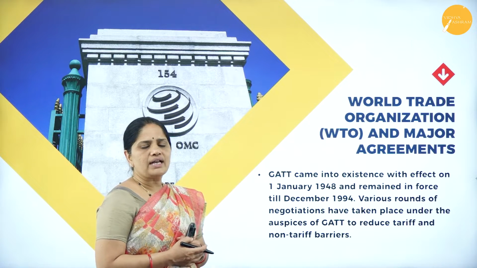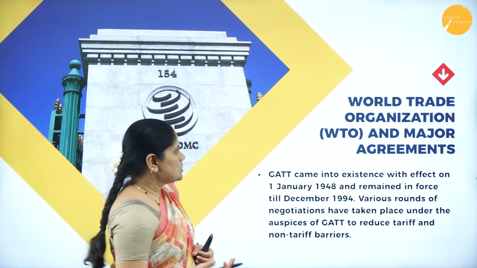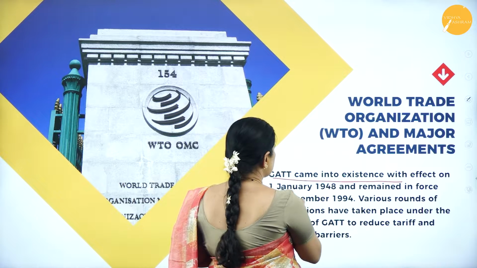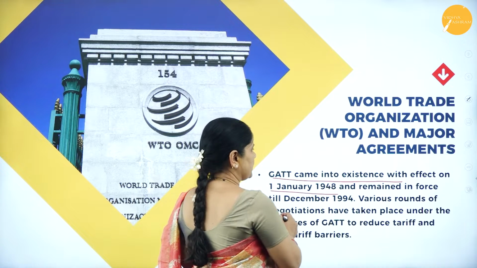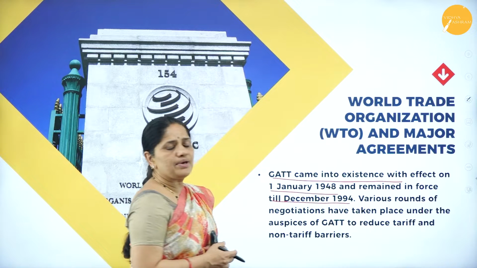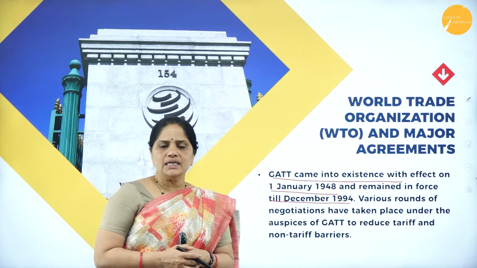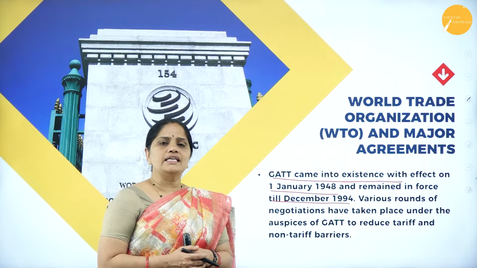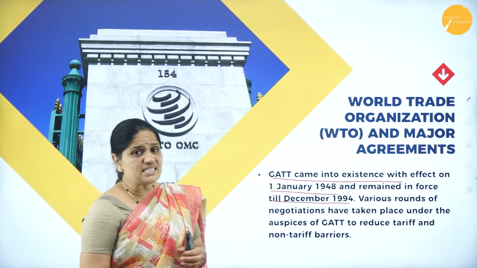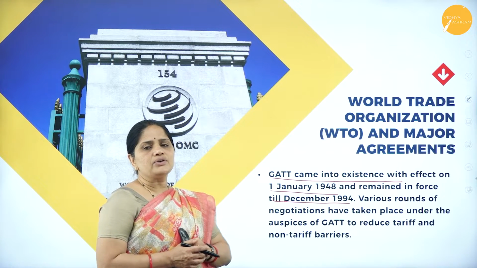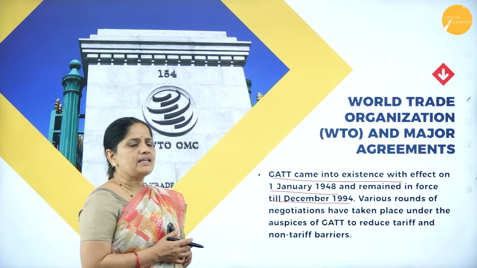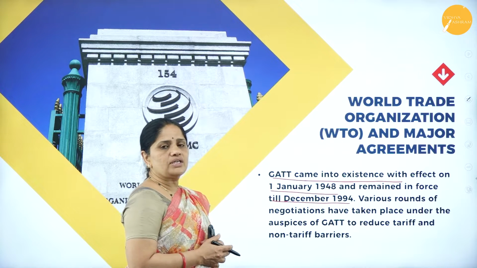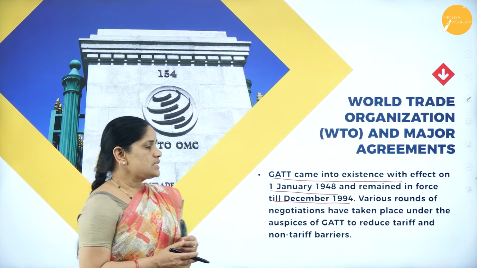Now, let us have a look at what this session tells us. The World Trade Organization and Major Agreement. The GATT came into existence with effect on 1st January 1948 and remained in force till December 1994. After the two world wars, at the Bretton Woods Conference, it was decided that they would establish the ITO. But the Americans resisted the establishment of the ITO, and instead they favored a general agreement for trade and tariffs, which came into existence on 1st January 1948 and remained in force till December